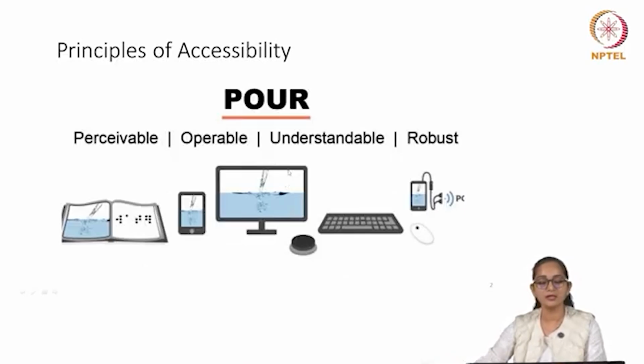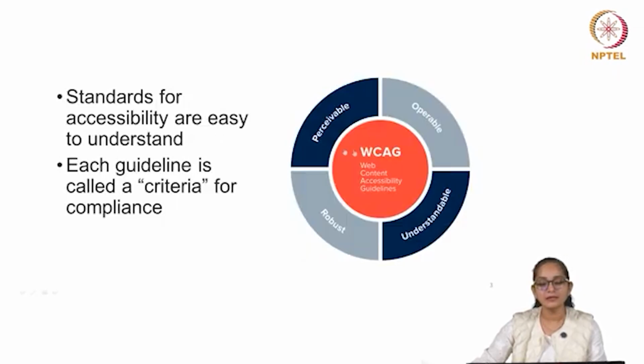So, let us begin again with our POUR principles of accessibility, which I think we discussed in detail in the previous lecture. And the WCAG guidelines, where we spoke about how they themselves are divided into 4 chapters or sections, again based on the same POUR principles: perceivable, operable, understandable and robust. Each section has a list of criteria, which also carries a list of techniques on how to make them